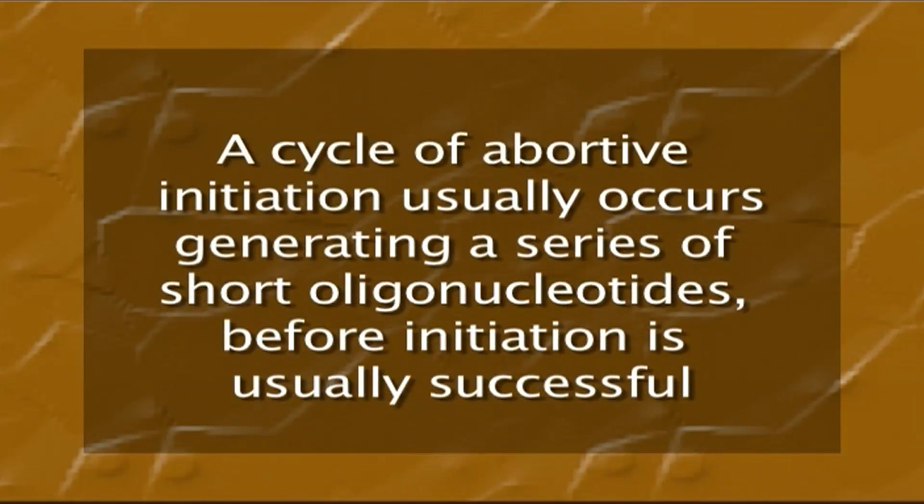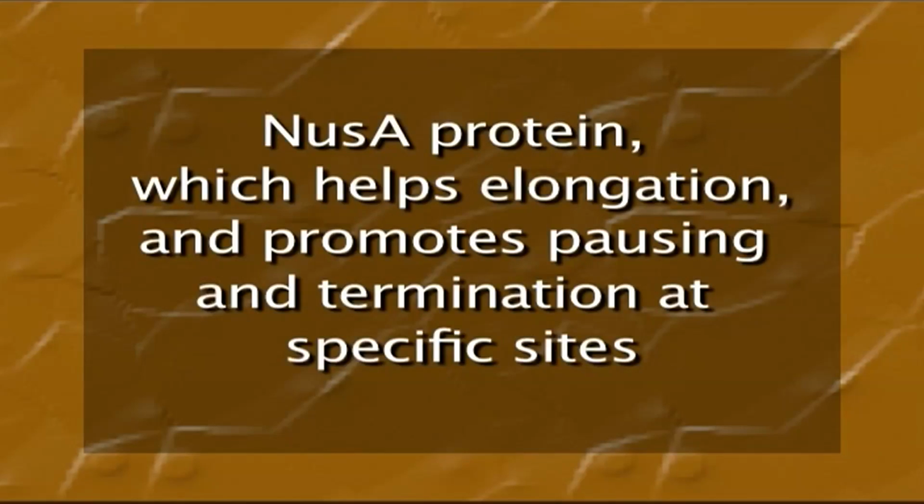A cycle of abortive initiation usually occurs, generating a series of short oligonucleotides before initiation is successful. Number 4, once initiation succeeds, the sigma factor of RNA polymerase dissociates. Number 5, the dissociation of sigma factor marks the entry of NusA protein, which helps elongation and promotes pausing and